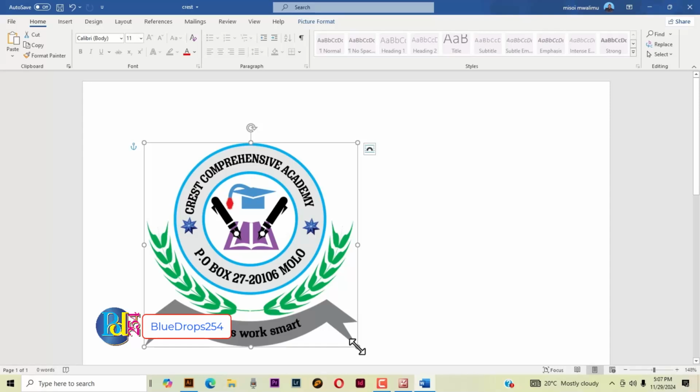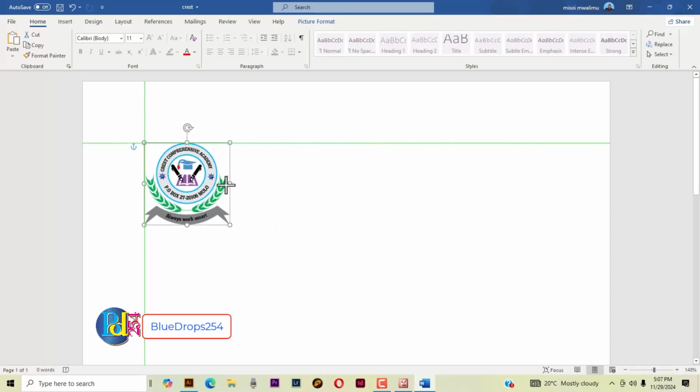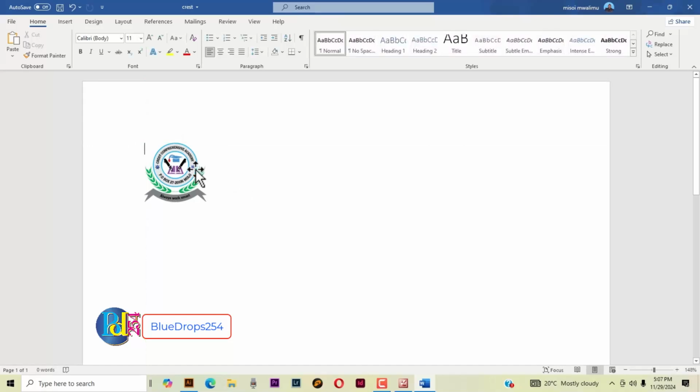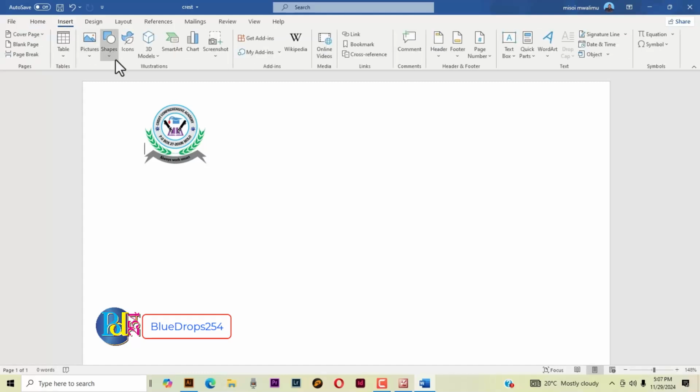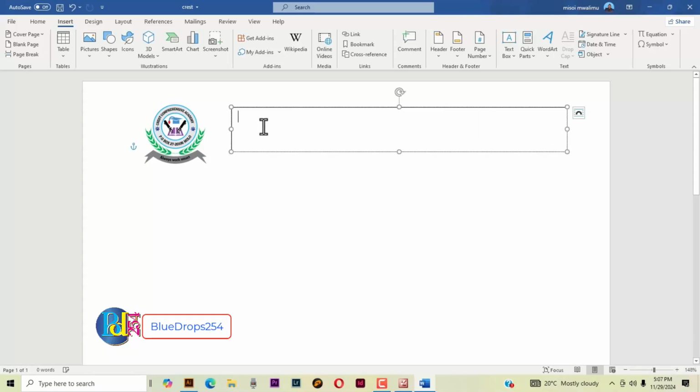You just press Ctrl and Shift on your keyboard to reduce the size of your logo, and maybe you move it somewhere there. Then maybe you want to write, you can insert a text box here to write some details,